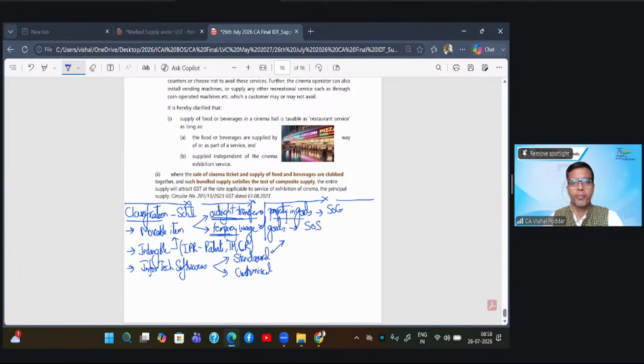Again, within this, the question is whether there is an outright transfer of the software, or you are only given a right to use, or a license to use. So when you buy Tally software, you are given the outright,